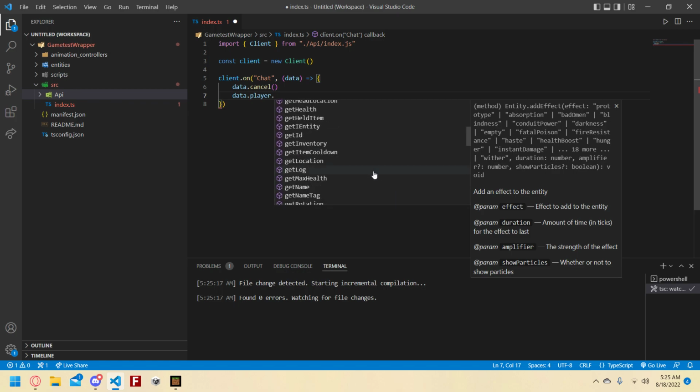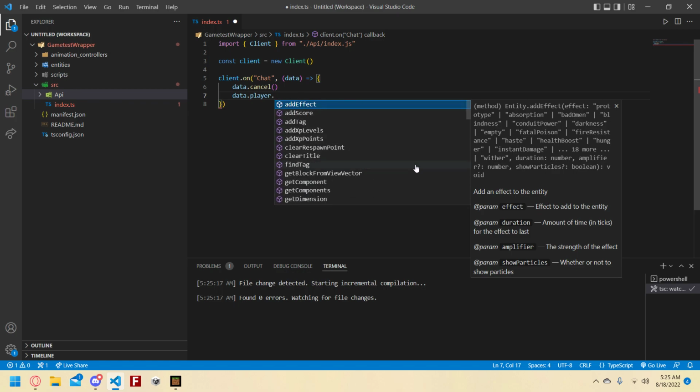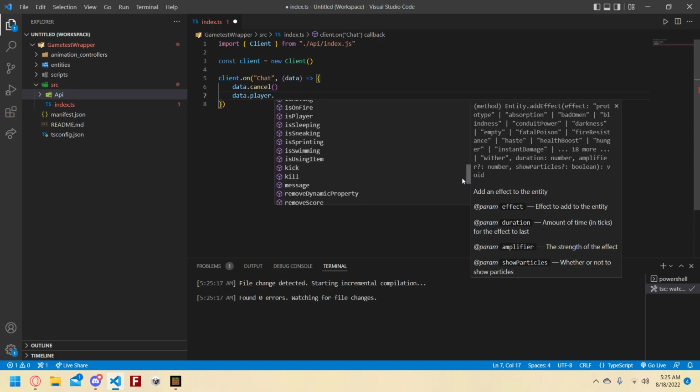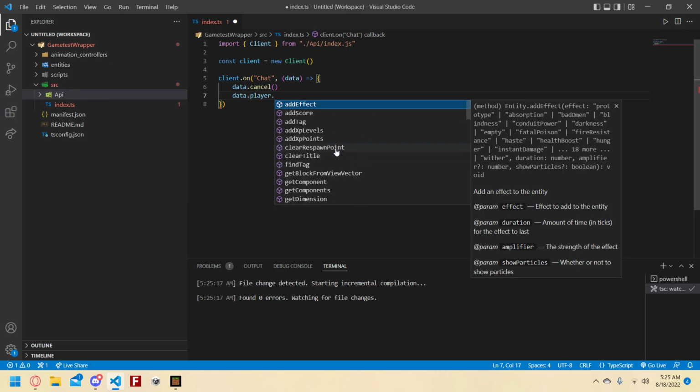Yeah, I have a few things here. This is what took by far the most time doing all this. The main way I did it is by looking at BDSX and trying to replicate as much as I could. There's still a lot more I can add. I'd say some of the harder things here to do are the is over here: is jumping, moving, on fire, sleeping, sneaking, sprinting, swimming, and is using item. We're not going to be using that though. We're going to be just using